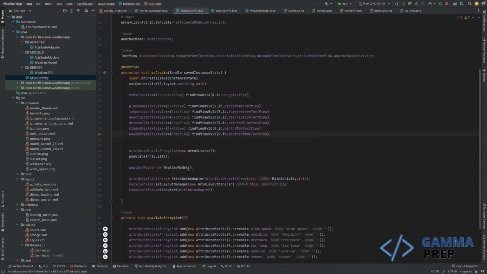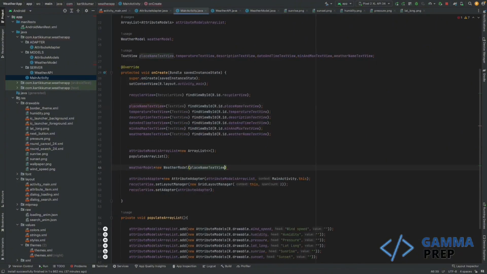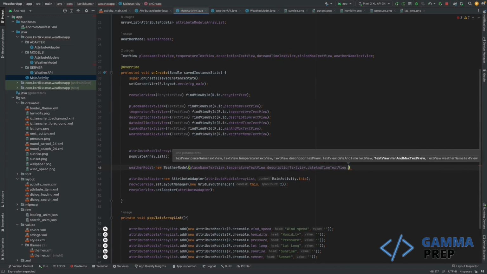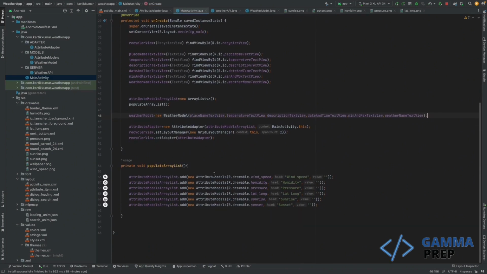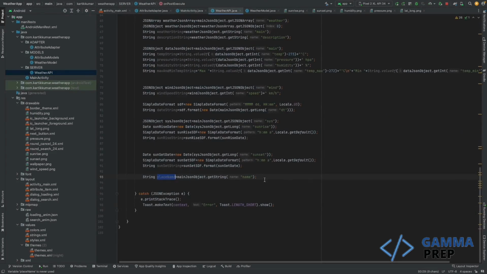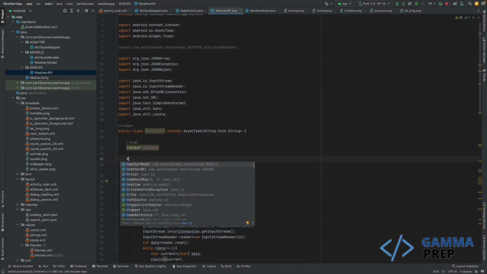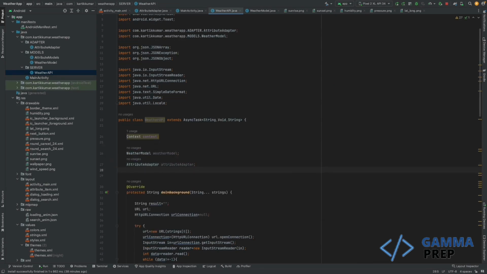Okay, once that is done, I'm going to pass all these things. So what is the first thing that I need to place? Start with place. Okay, so copy this place, then temperature, then description, then date, then min and max, and then comes the weather. Done. So once that is done, have a look on everything, whether everything is okay or not. Okay, now just come to weather API, and what I am going to do over here is just come to the top, and few things I need to basically do. So I'm going to say weather model, and then I'm going to say attribute adapter, then